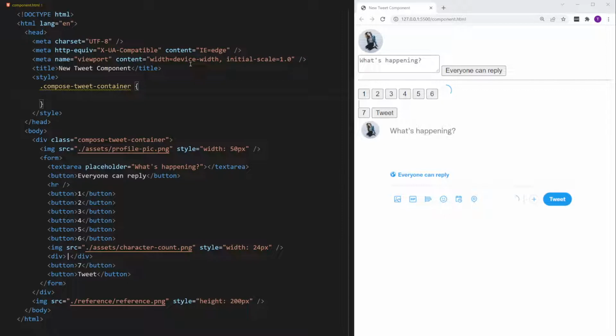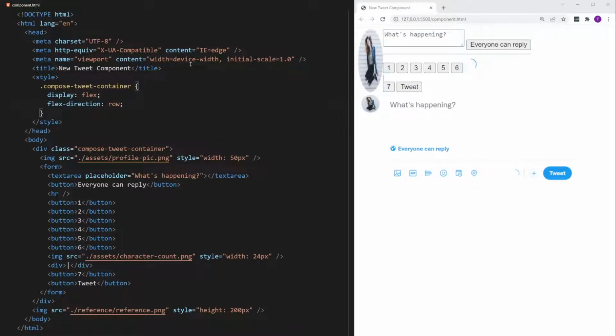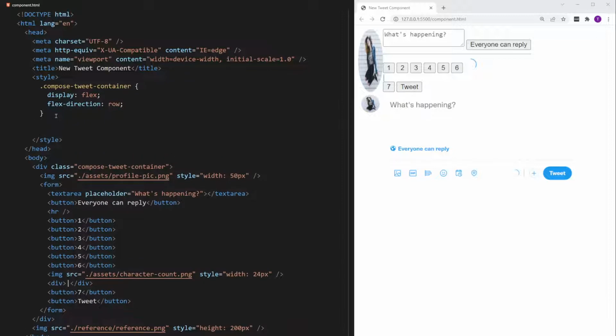So for this, we need to do display flex, and the flex direction is going to be row. The default is row, but I like to be explicit and type it out. And now our profile picture is squashed, so let's fix that. Compose tweet profile picture,